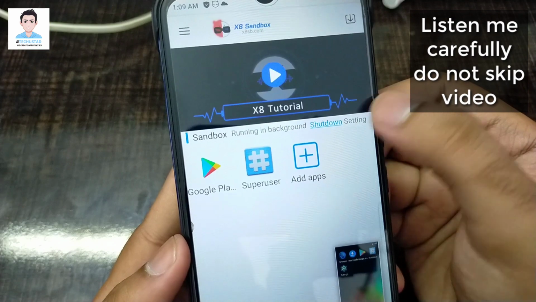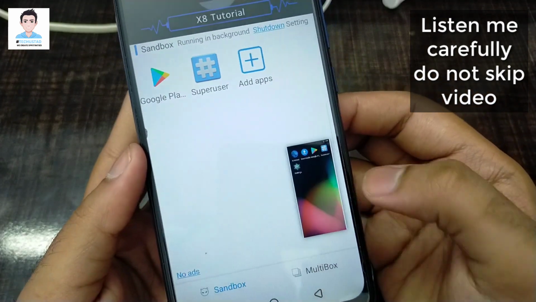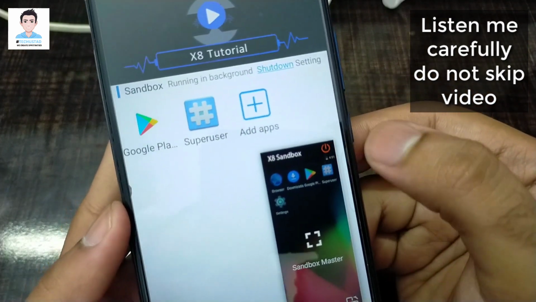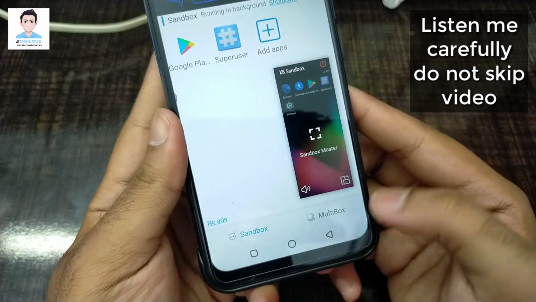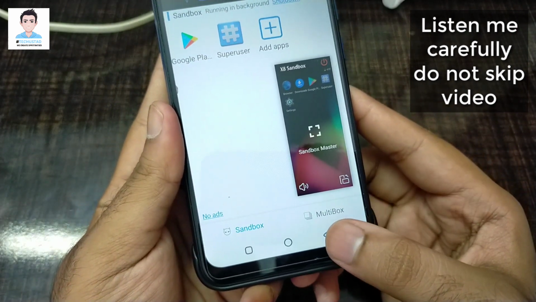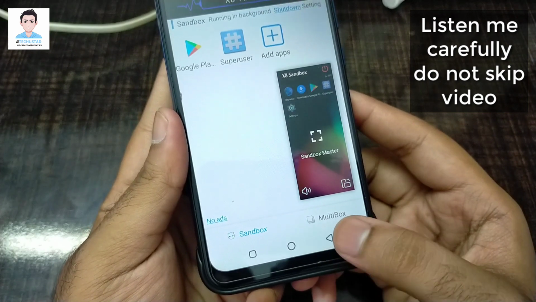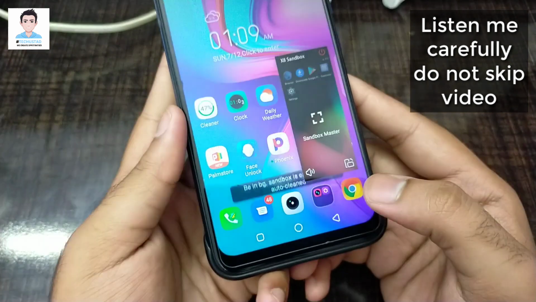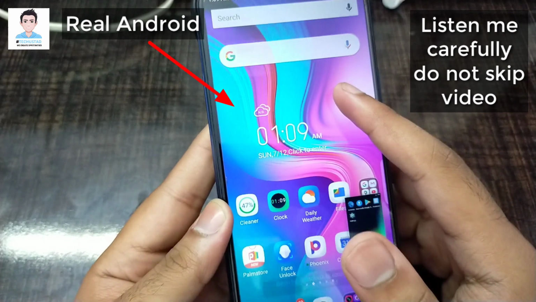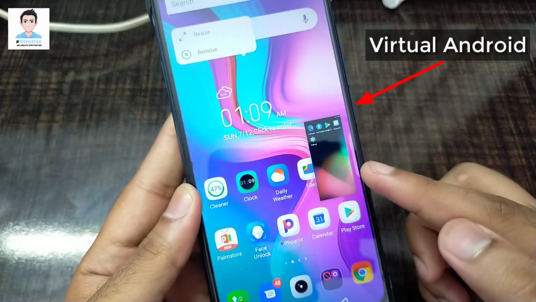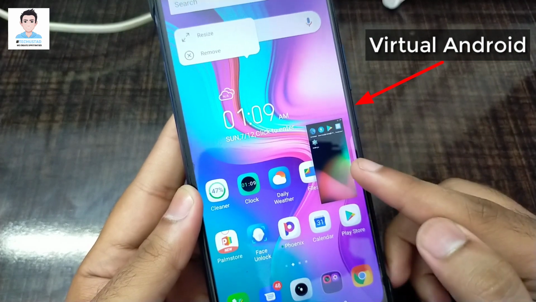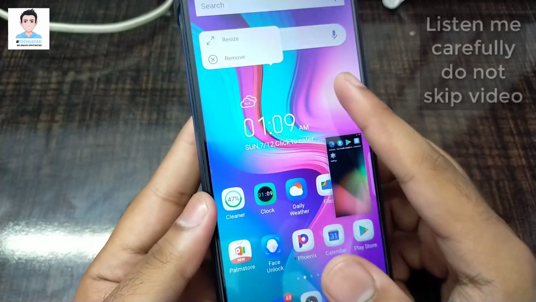And if you want to shut down or close the virtual machine, you can use the shutdown button, and you can use this red small button. And to switch between the real and virtual Android, click on the home button, and at the back this is your real Android system, and in the small image this is your virtual Android system.